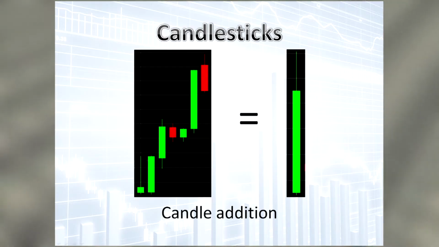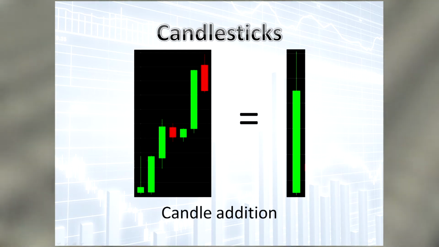Now, candle addition is basically the exact opposite of candle development. It is simply taking a bunch of candles of smaller time periods and adding them up, putting them together to form one larger candle for a longer time period. It is helpful to understand overall sentiment over a longer time frame. A simple example would be what we saw earlier, taking 7 hourly candles and adding them up to make one